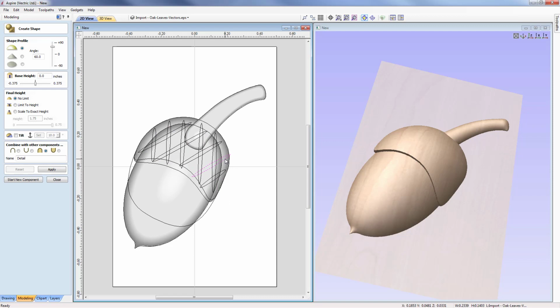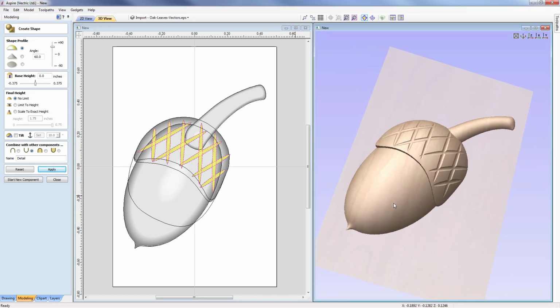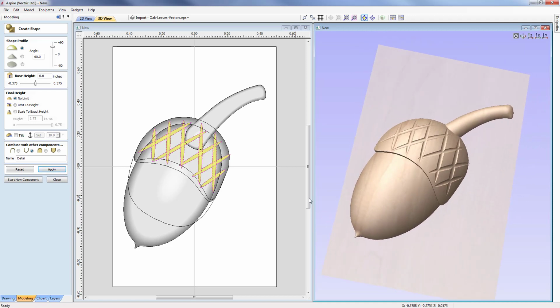I need to shift and pick the other one. Whoops, if I just box pick those again, we should get all of those. So I'm happy with that, and we're going to in this case subtract it. So I'm just going to hit subtract, and we can now apply that. So that will be added into that shape there, so we can see that we've nicely created an acorn there with some fairly simple profiles, but the key thing is to know how they're going to interlink